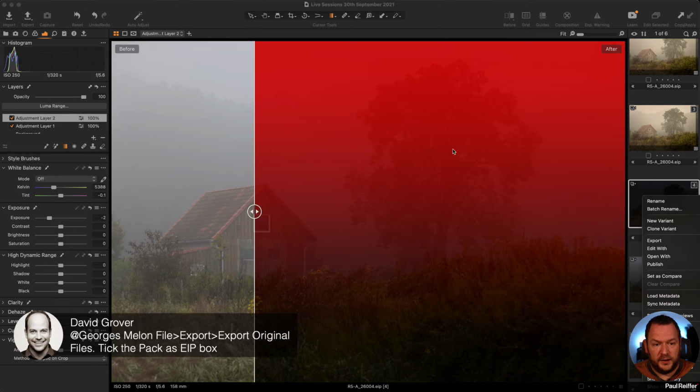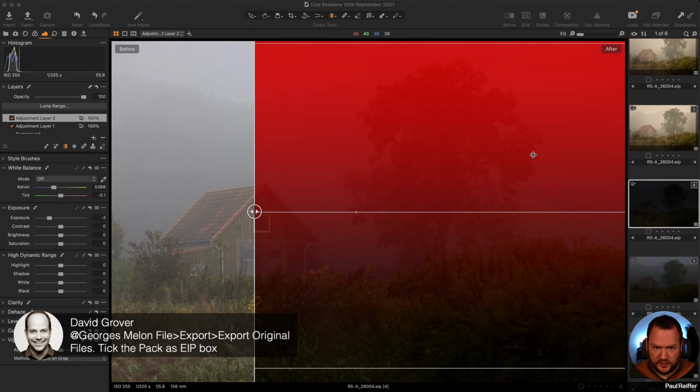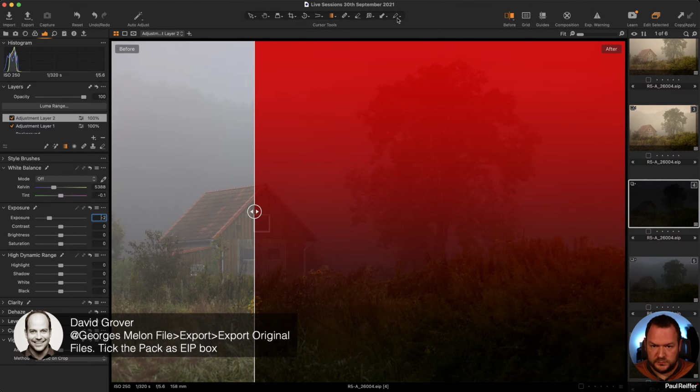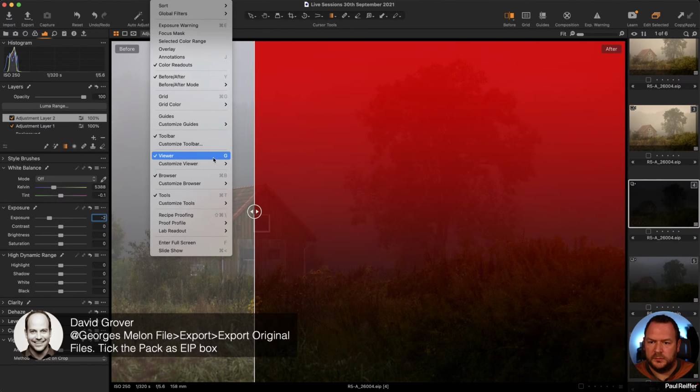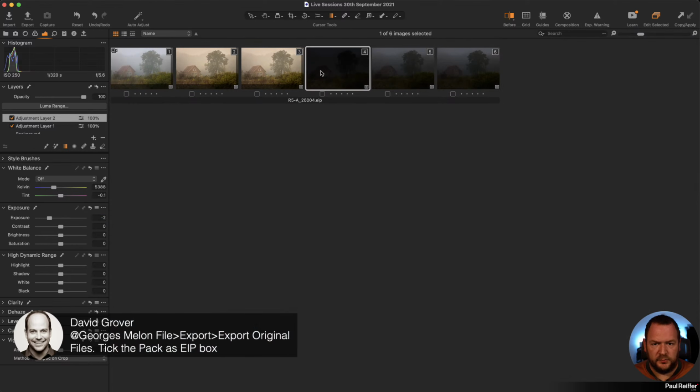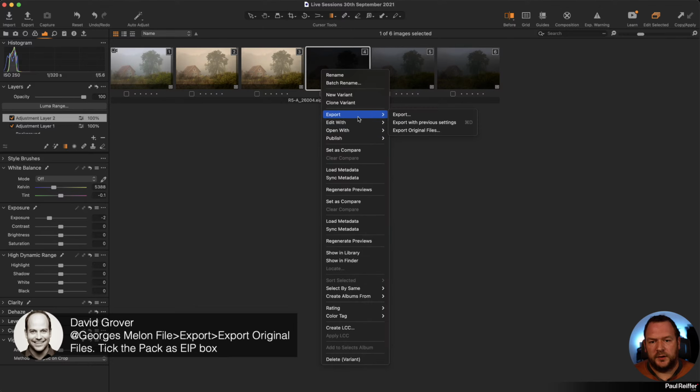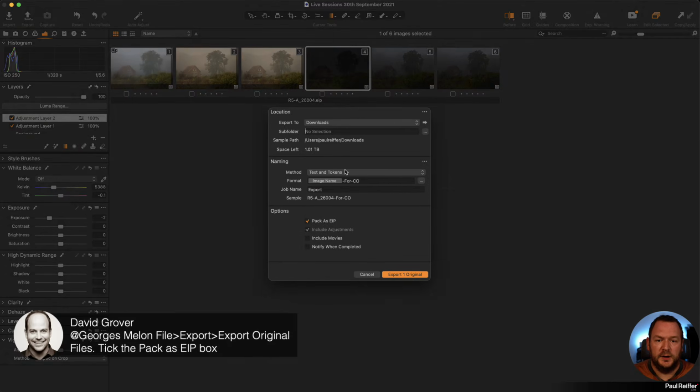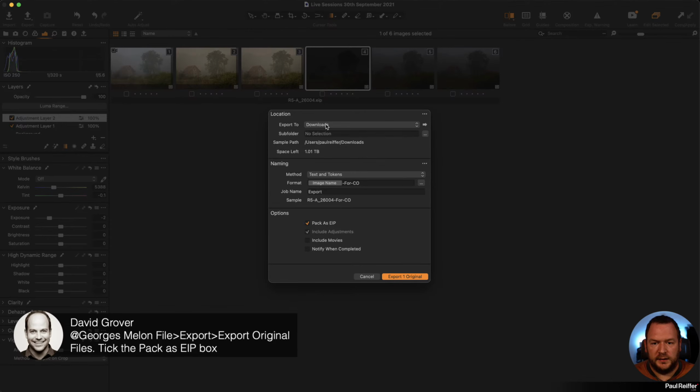I go to export. Let me just get rid of my viewer. Oh, that's weird. My viewer didn't disappear. Right. Go to export, but instead of just exporting, you go to export original files. In there, you will find a little entry in here, which is pack as EIP. When you do pack as EIP, it's going to force the fact that you're including adjustments. And whatever the file name is, so if you call that file whatever, that's what's going to come out as